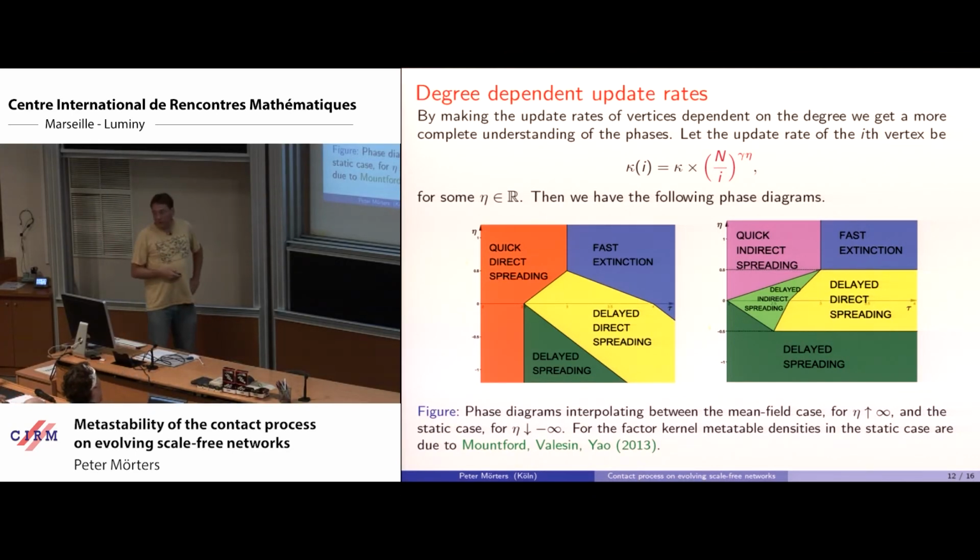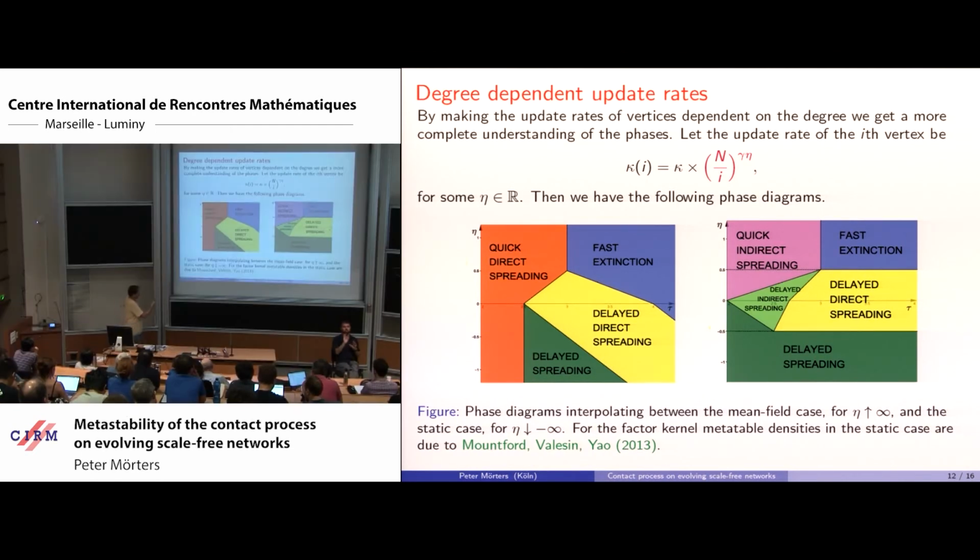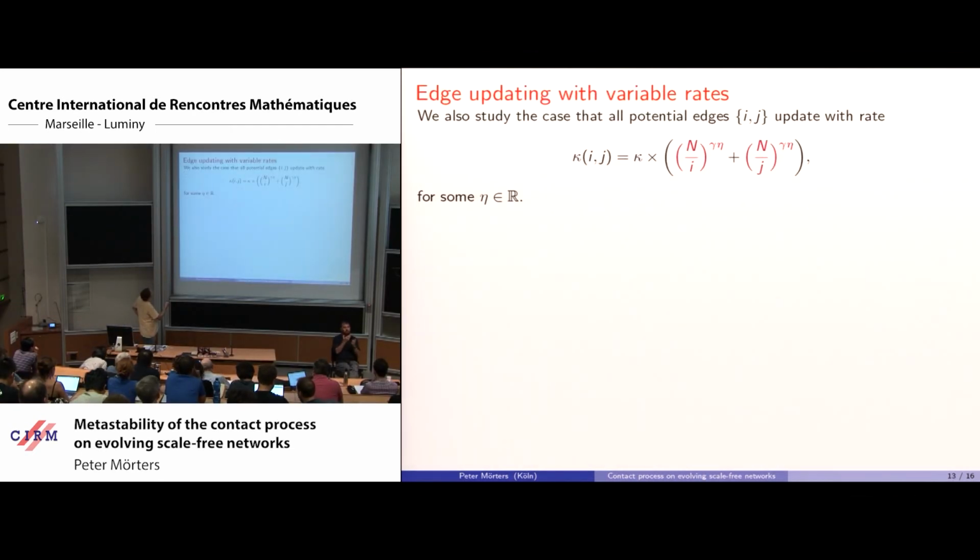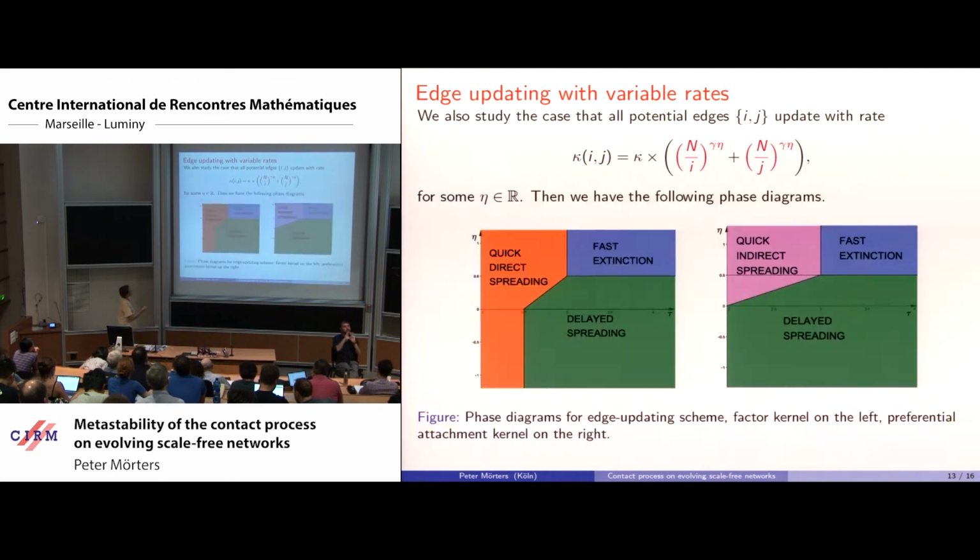Right, 5 minutes, before I show you the proofs, a very quick picture for the edge updating. We can also prove. So now we update edges, and the rate of update we also make dependent on the expected degrees at the endpoint with an exponent eta, and then you see this much